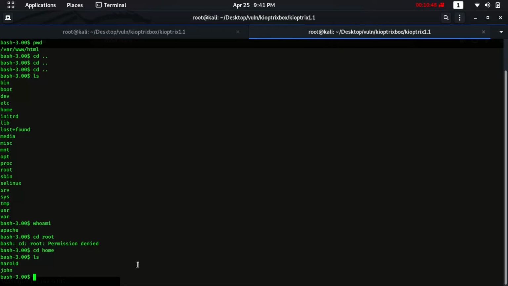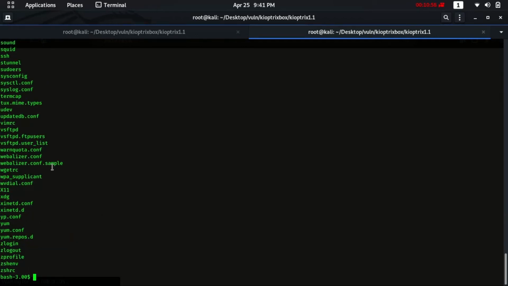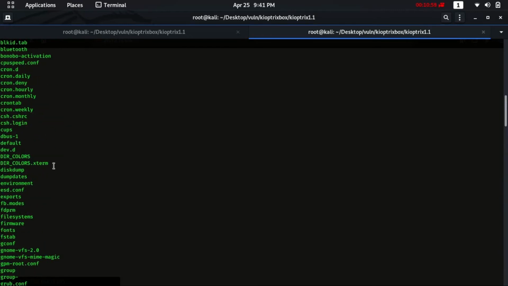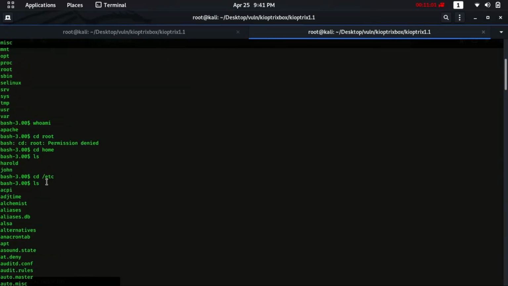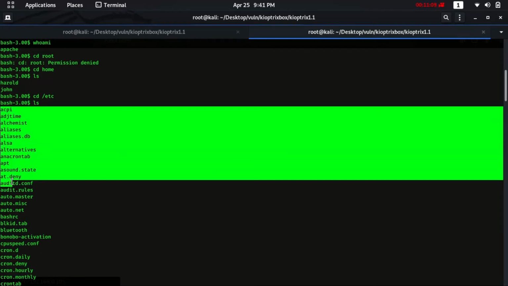Let's check the etc directory whether we could get something from it. Okay, let's ls. Let me scroll down whether I got something. So the directory starts from here.